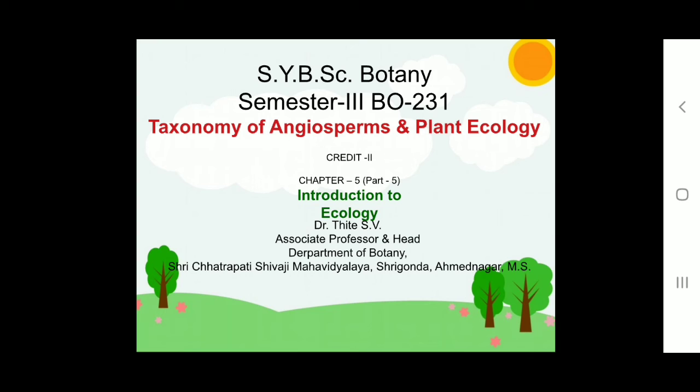There are two main types of plotless sampling methods. Number one is the point frame method, and number two is the point centered quadrat method. Out of these, first we must know the point frame method. The point frame method was first discovered by Levy and Madden in 1933. It is based on point sampling to determine cover. It consists of a standing frame that holds a set of vertically aligned pins that are lowered as sampling points